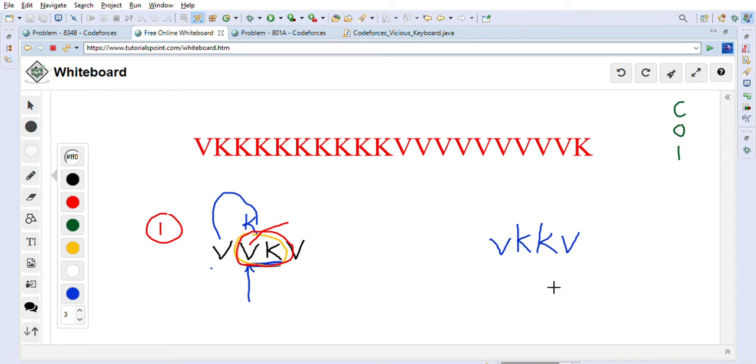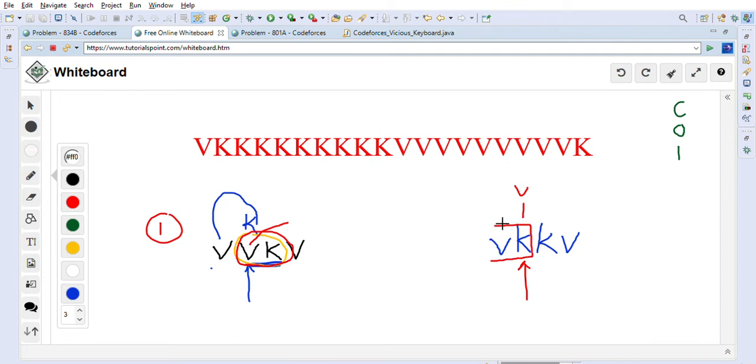The other scenario we want to make sure of is, let's say we are at this position in this string. There is a choice for me to change this K into V, so I will have VK here. But before we change it, we also want to make sure that we don't already have a VK here.